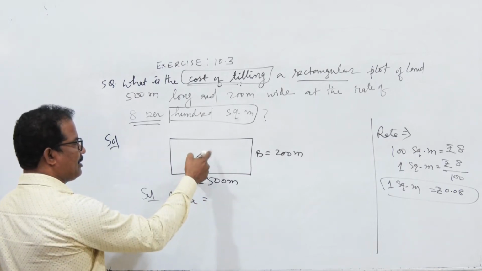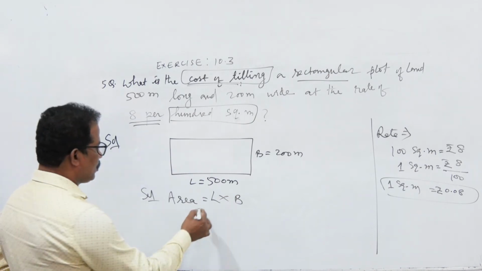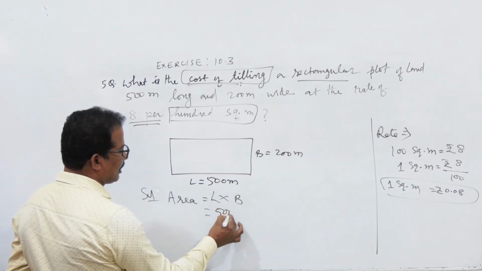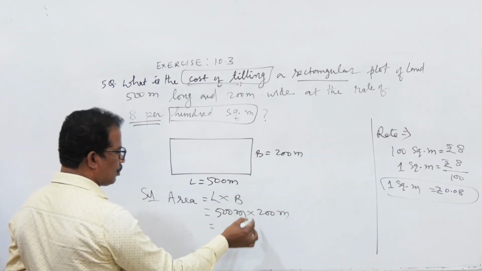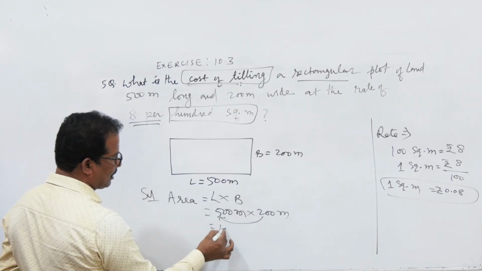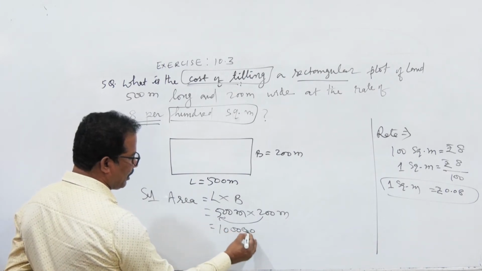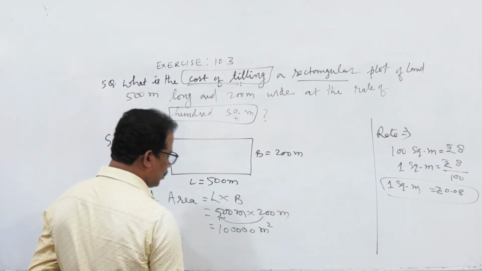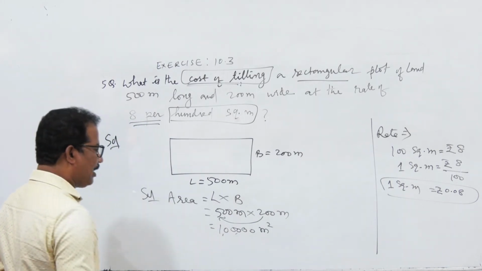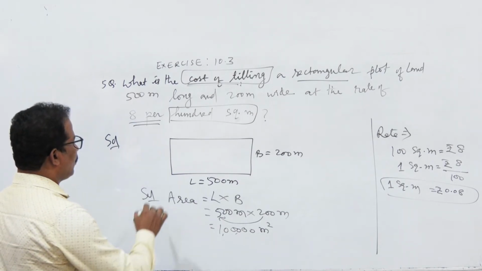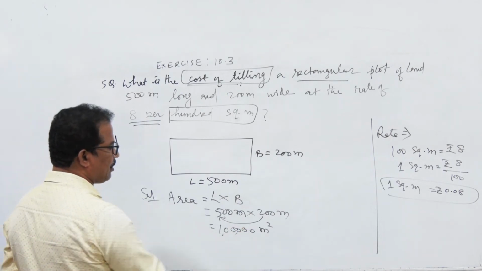So area is equal to, being it is a rectangle, we need to find the area by using the formula, that is length into breadth. So what is the length here? It is already given, that is 500 meter, and the breadth is how much? 200 meter. So area is equal to shortcut multiplication, 2 5s are 10, and how many zeros are remaining? 1 2 3 4. So 4 zeros will be added here. So meter into meter, meter square. So total how much square meters of area it is? It is 1 lakh square meters area. So the total area of this plot is equal to 1 lakh square meters.